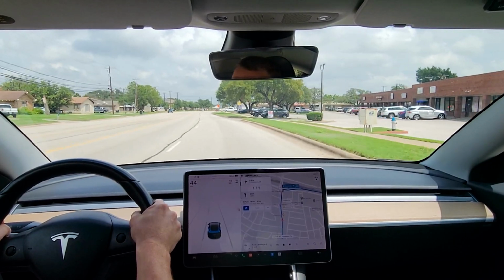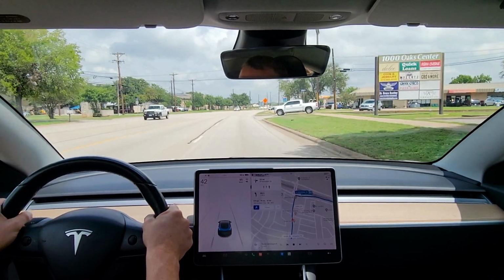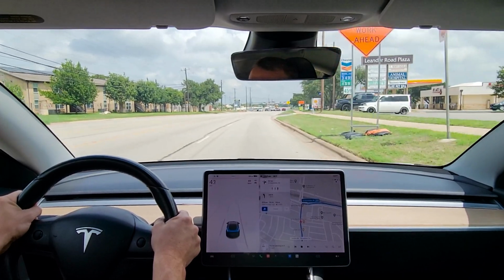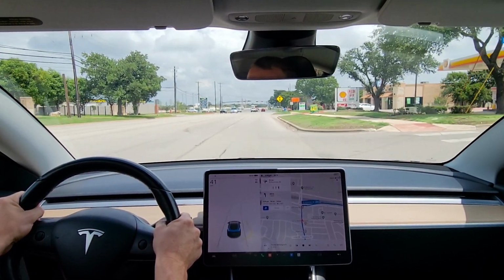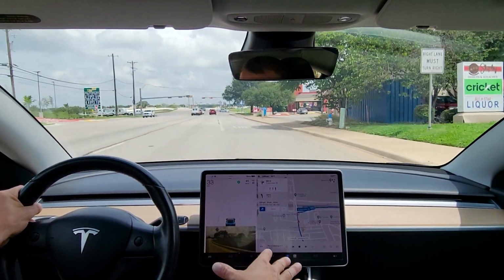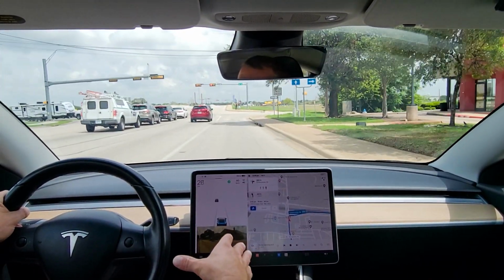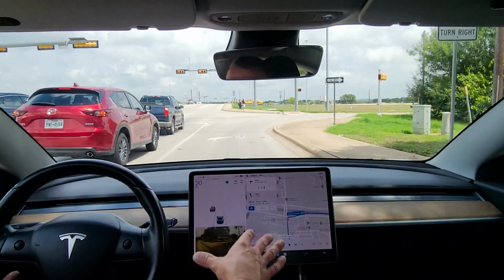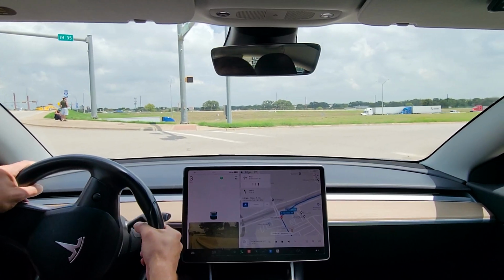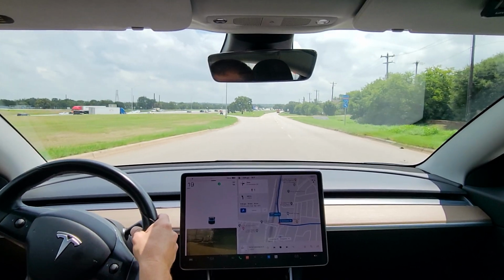Now, to go over a few things that I had in the comments, some viewers asked, did I really get a Tesla with free full self-driving? And I will say that technically it probably wasn't free, although I did buy this Tesla used, and it did come with full self-driving included in the price. So just to clarify exactly what this deal was, I bought this through Tesla, through the used inventory, and it was